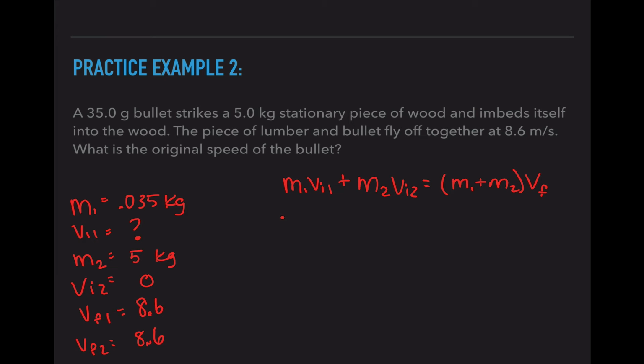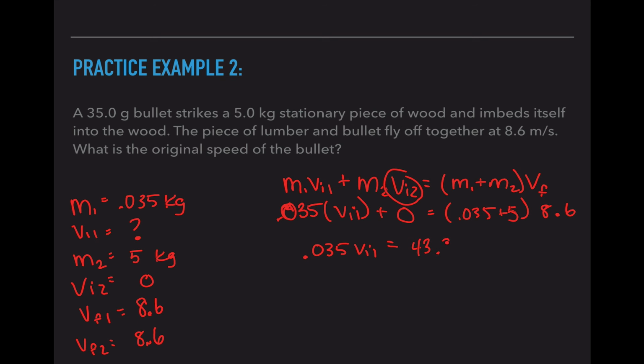So m1 vi1, we have 0.035 times vi1, which we don't know, plus 0, because vi2 was 0, equals 0.035 plus 5 times 8.6. So 0.035 vi1 equals 43.3, and I have to divide out by 0.035,